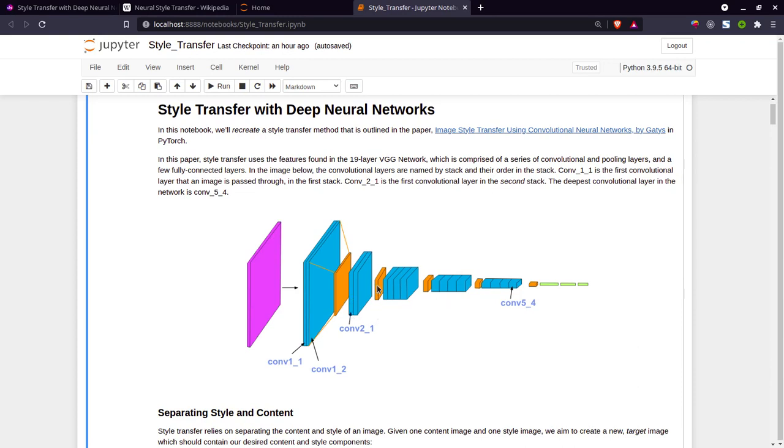So what is this convolutional layer, what is this pooling layer? Don't get confused. This pink is our image. This image can be seen by our eyes, but the computer can't see this image. It only sees numbers, zeros and ones, so it only sees a 3D matrix, and it doesn't know what to extract because it doesn't have any idea. So these convolutional layers are used for extracting the important features from an image, and the pooling layer is used to make a miniature of this image, reducing the size.